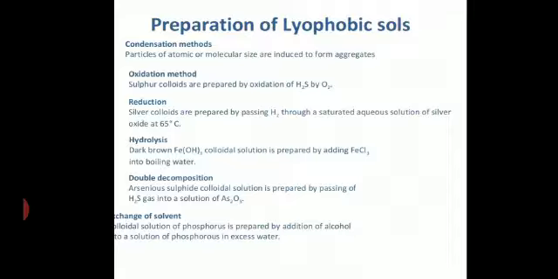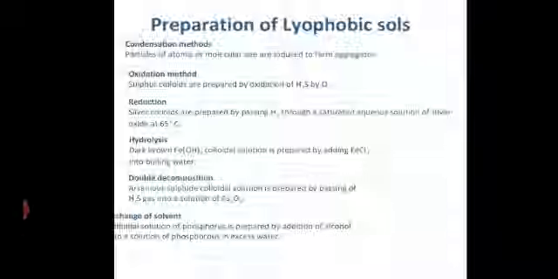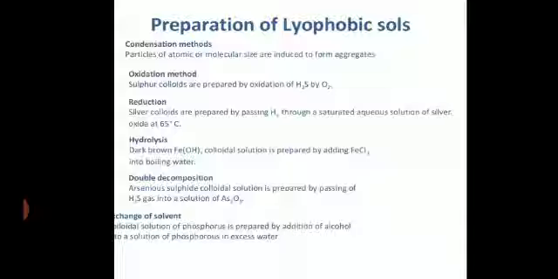You take sulfur and phosphorus and put them into alcohol. They will be a little bit soluble. You take that solution and put it into water. You will find you get colloidal solutions of sulfur and phosphorus. So, in this way, by the exchange of solvent, by changing the solvent, you can prepare a colloidal solution. All these are examples of lyophobic colloids.